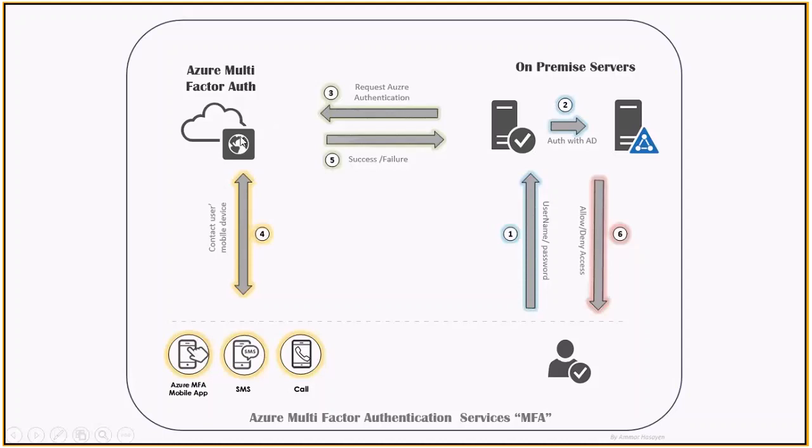It would check what trusted devices you have added, whether you have added any mobile app. Basically for Azure, we use the Azure Authenticator app, which is available on both iOS and Android. Or if you added a number, you will get a call, or you can get an SMS. The call would prompt you for an OTP, or